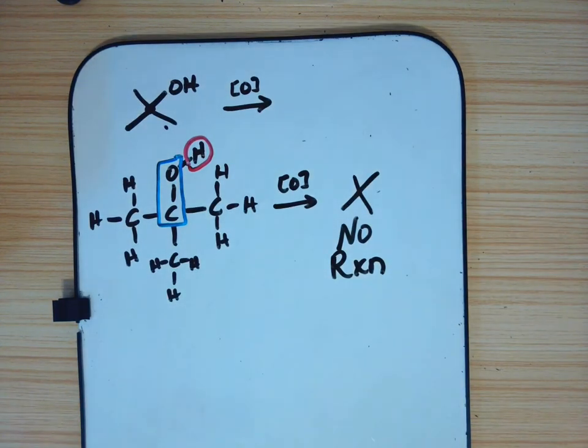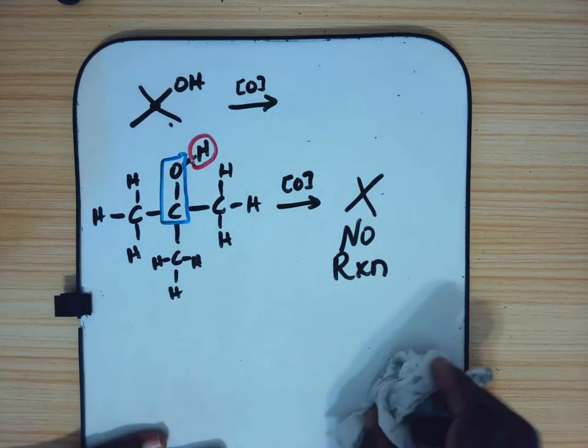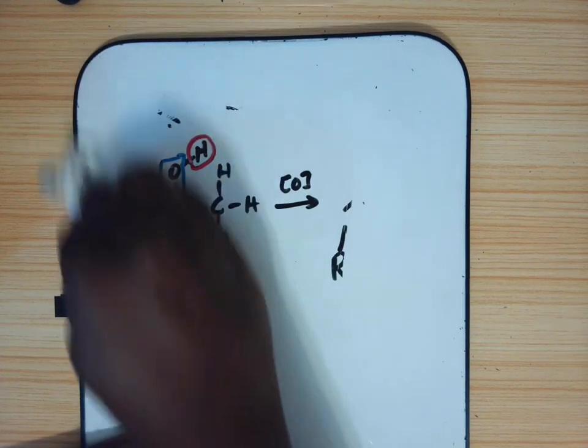Tertiary alcohols will not be oxidized. So primary and secondary can undergo oxidation, but tertiary alcohols cannot undergo oxidation. And so here it shows how you can convert and go between those different functional groups. So we've looked at the different alcohols, so let's just look at one example, just to make sure you're able